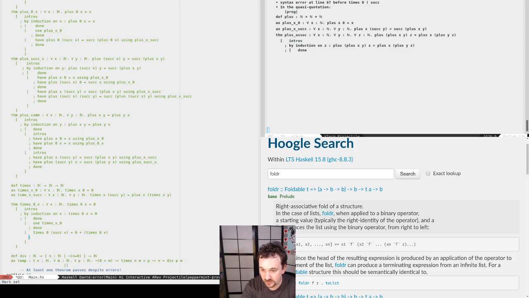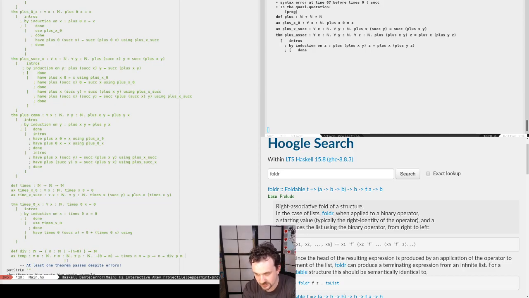Oh yeah. Okay. We have that, and we do that using... I could have one without using clause. Maybe I add it later, and that uses times x suc. Still have a syntax error.